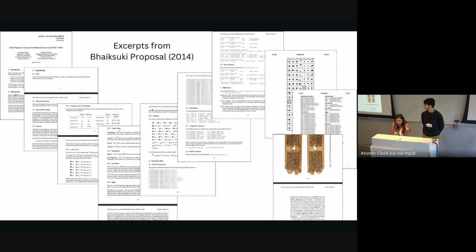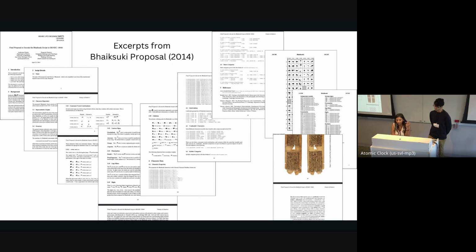So this is a more recent example that shows the more concrete template that has now become common. This template includes headings like background on the script, script details, so the name, the repertoire, the script grammar, collation, so how the letters are ordered, character properties, line breaking, confusables, and attestations, which are examples of the script in use. So this is maybe 10 pages from a 70-page proposal from 2014. And it just gives a bit of a taste of how much more in-depth these proposals are at this point.